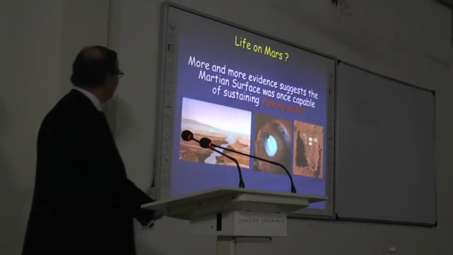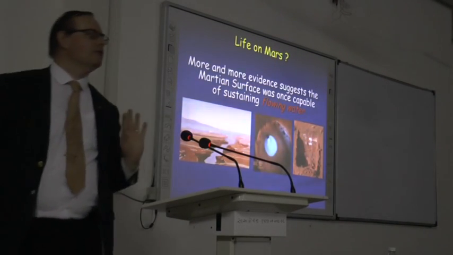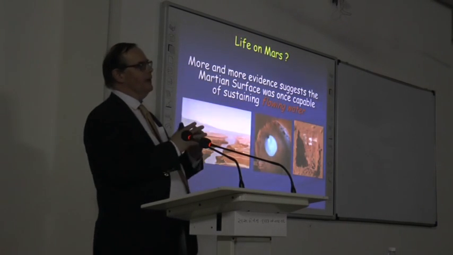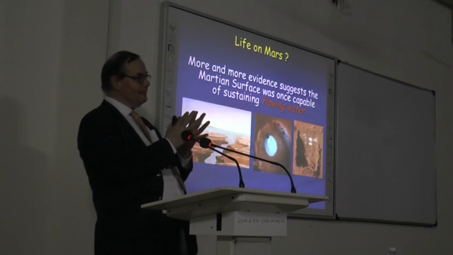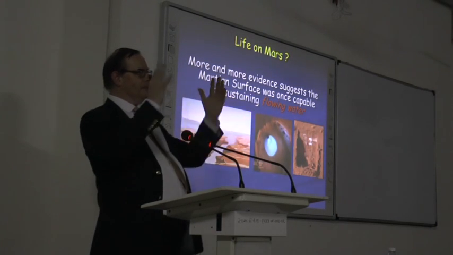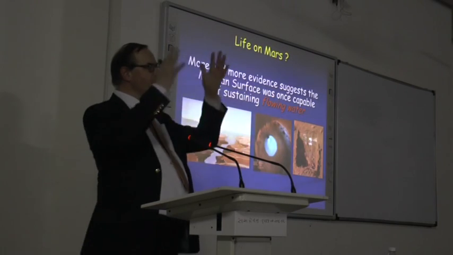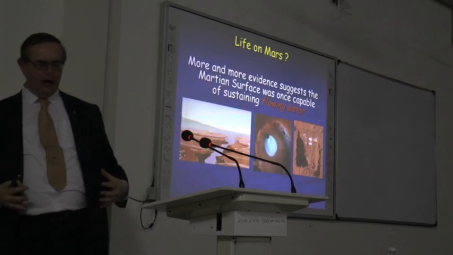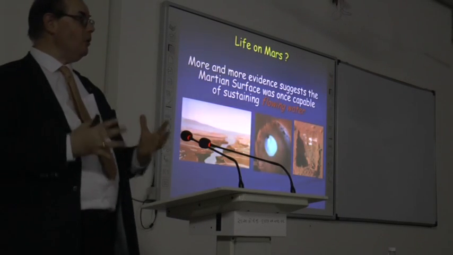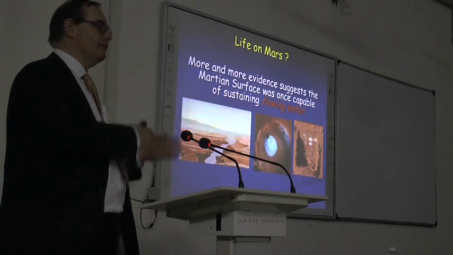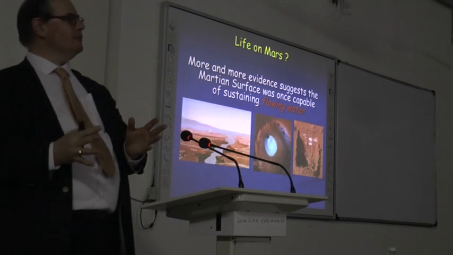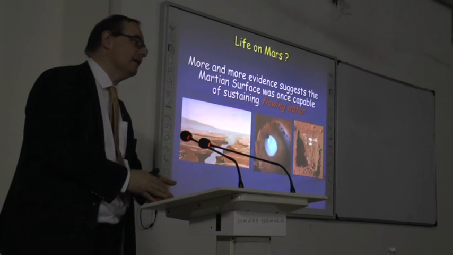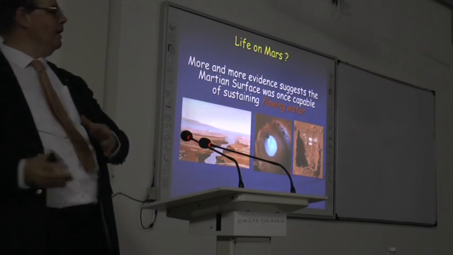Next slide. So where have we gone to look for life? We've gone to Mars. Early Mars was very similar to early Earth. It's a smaller planet, so it lost its atmosphere, it didn't have the plate tectonics. But in the first few billion years, it may have been very similar to Earth. We know that life on Earth came very quickly. 3.8 billion years ago the Earth was created. There's evidence for life certainly 3 billion years ago. Some people would say even 3.4 billion years ago. So at the same time, Mars might have had the same thing.